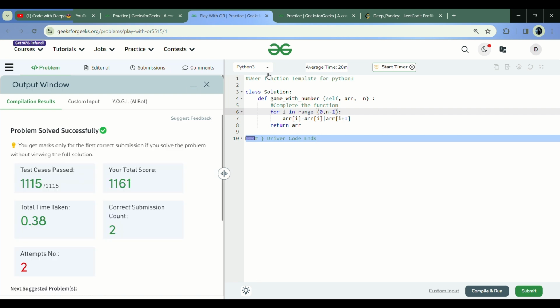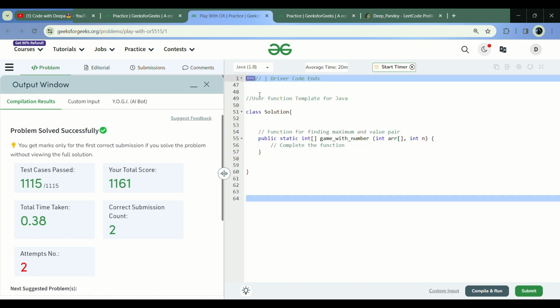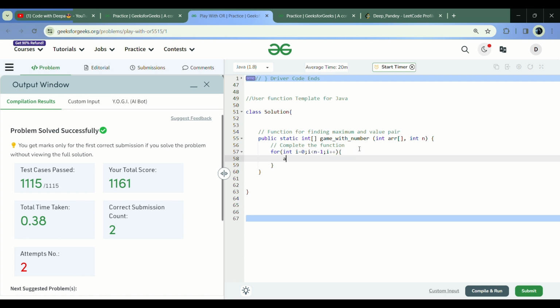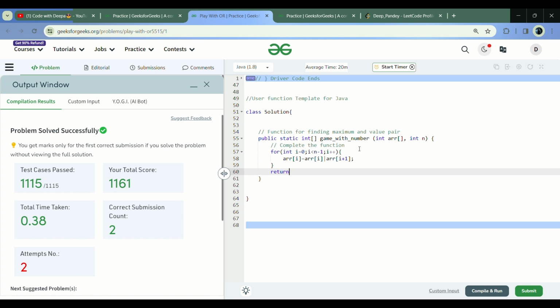Okay. And similarly, you can do it in Java also. Let's try in Java. So similarly, you will run a for loop here: int i equals 0 such that i less than n minus 1 such that i plus plus. Okay, and array i will be equal to array i or array i plus 1, and we will return our